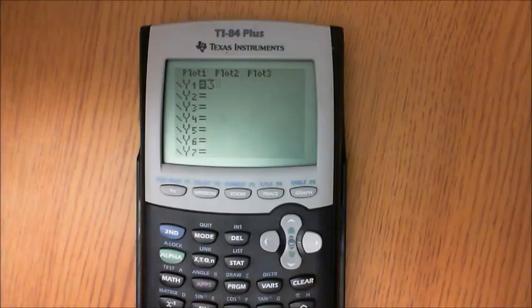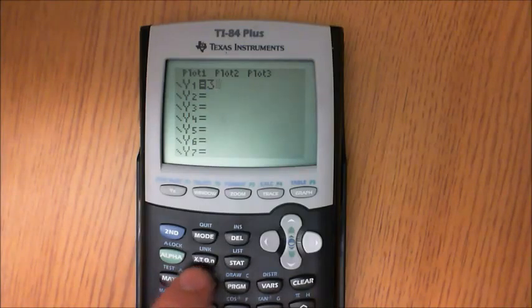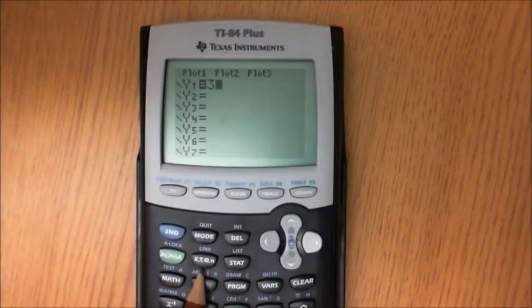So I'll go 3, and then the x, something we haven't talked about yet. Where do we find this variable x? We have a very convenient key right here I'm pointing to, that has an x, a t, a theta, and a little n. Whenever we're graphing, whatever mode we're in, this will always be the right variable for that mode. So if you go parametric, it'll automatically choose the t for you, etc. Right now we're in function mode, it'll automatically choose the x. So I'll just push that for x. So y equals 3x, I'll go plus 1, press enter to save it in,